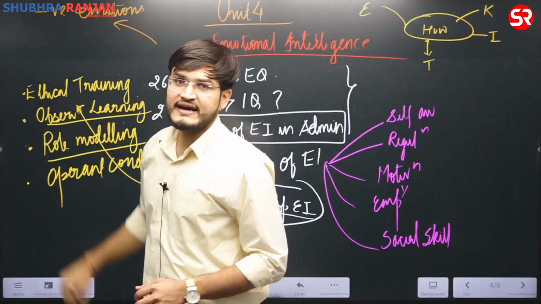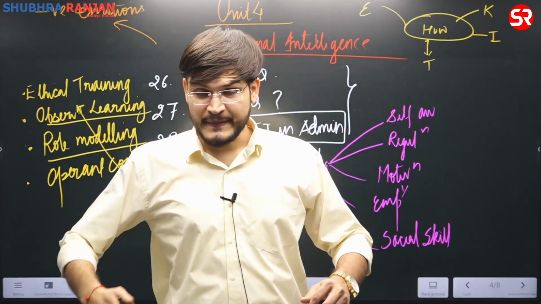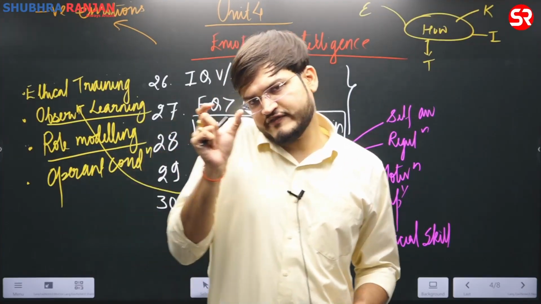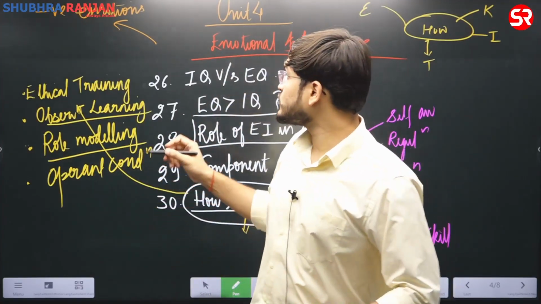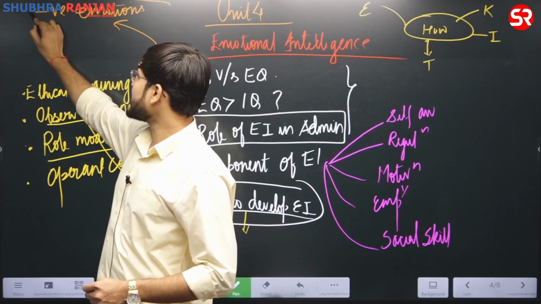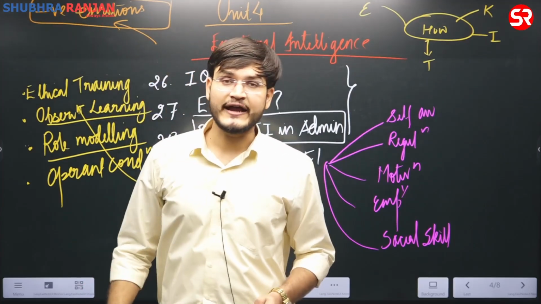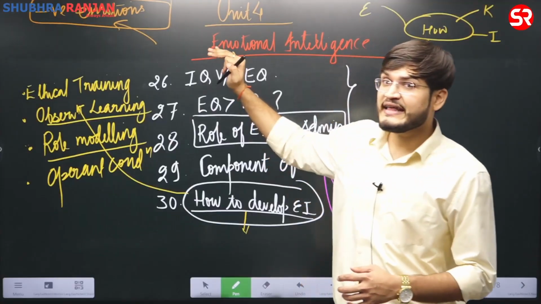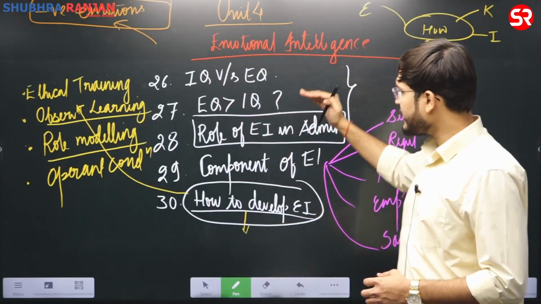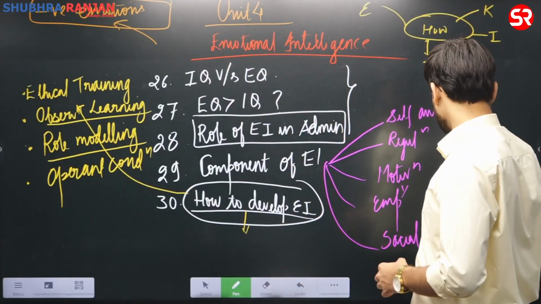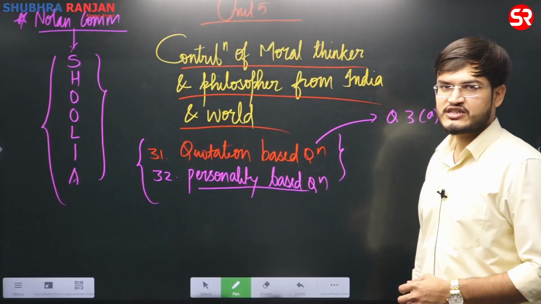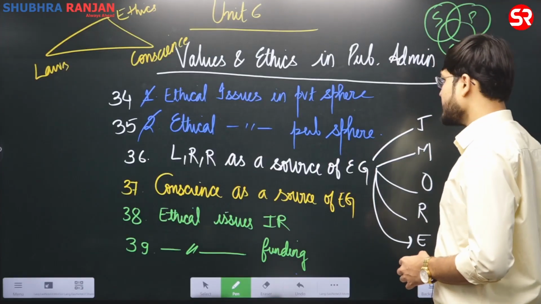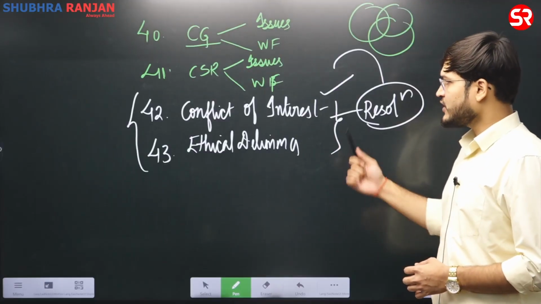For example, they can ask questions from the aspect of making emotional intelligence work for you, not against you. So if they are asking about not against you, we'll also be talking about negative emotions. For example, anger, lust, greed, pride, and all of those aspects you will be talking about in this particular aspect of negative emotions. Yes, and thereby all these themes from unit number 4 we have seen. In unit number 5 we have seen quotation based questions. In unit number 6 we have seen various themes that are very important.